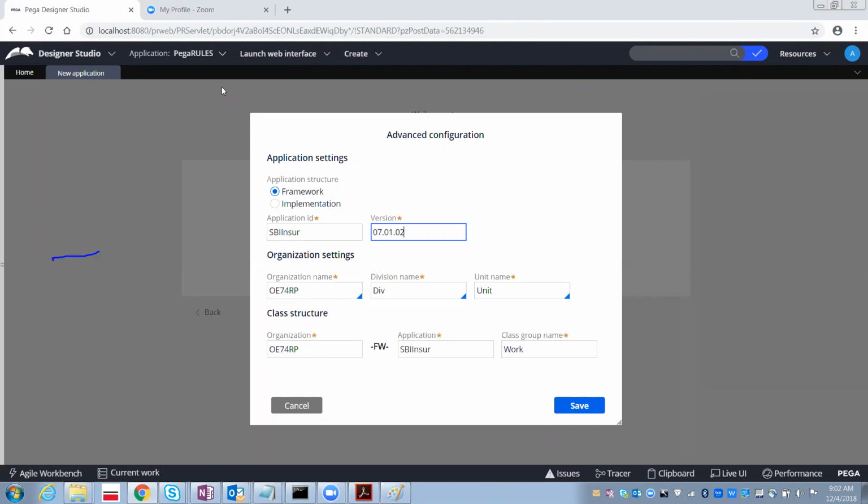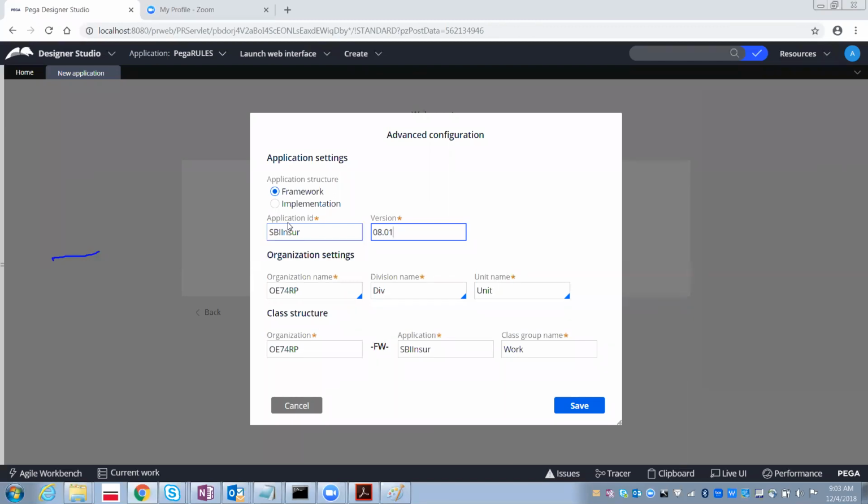Again, if they add a little more functionality, they give 07.01.03. But if they add some extra functionality, in that case they go for a minor version. So there are 3 things: major, minor, and patch version. But if they add completely new features, not based upon this version, then they go for a major version, 08.01.